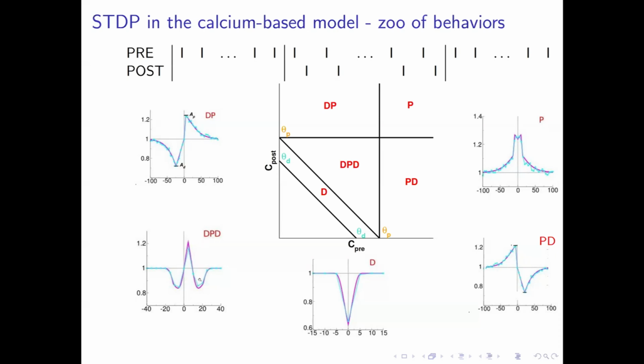But you have also these other types of curves that can occur: the reverse STDP, only depression, or a curve which is called depression, potentiation, depression, so two depression windows surrounding the potentiation. And so in the model, we can understand what controls the degree of symmetry of this curve. And of course, we can understand also what controls the width of this curve, the time scale, because it's basically controlled by the time scales of these calcium transients. And for instance, in the case of BTSP, we expect that it will be much longer because these plateau potentials are very extended nonlinear events that can last for a second or so.